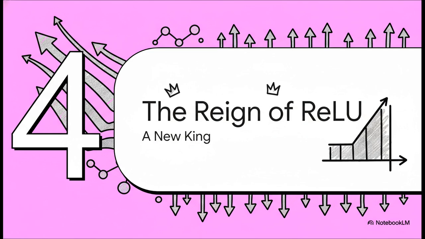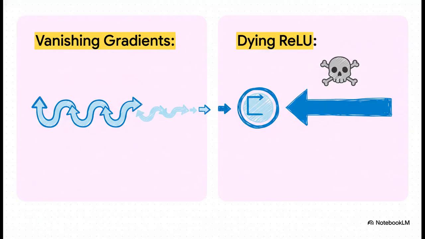Because it doesn't squash positive numbers, that all-important learning signal could flow backwards through many, many layers without just disappearing. This one simple change is what finally unlocked the true awesome power of deep networks. But hey, even the king isn't perfect. ReLU solved the massive vanishing gradient problem, but its aggressive kill signal created a new, though thankfully much less common